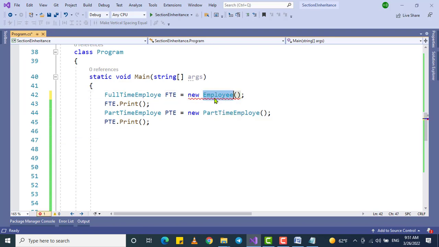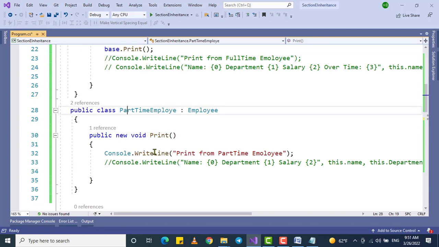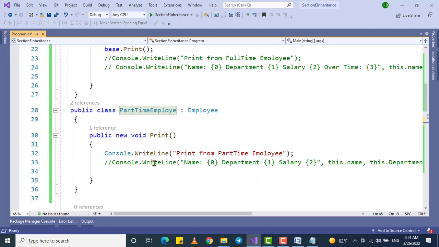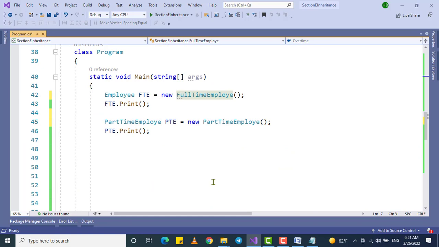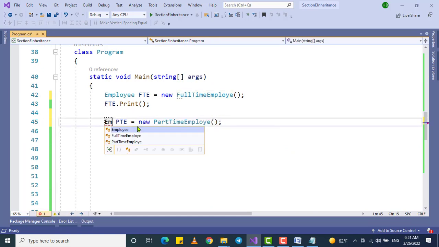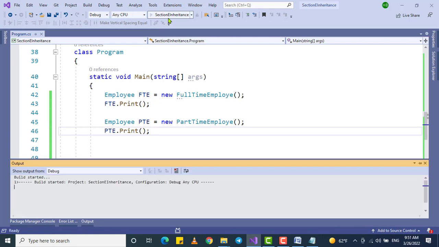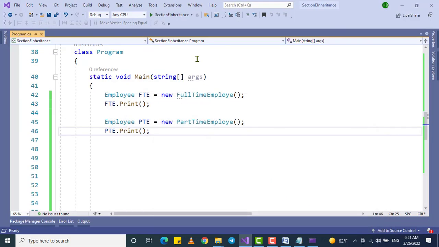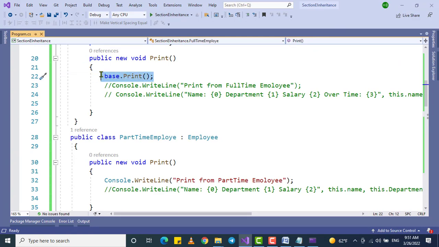So second we can use it like this, full time, okay? If I delete this one, this part time is what I did. Which one is the base? This is the full time. So I can make it like this, employee and this. So as you can see, both print the parent method. I am using two ways. What did I use first? Base, okay? I use base to refer. Which method? The base method,